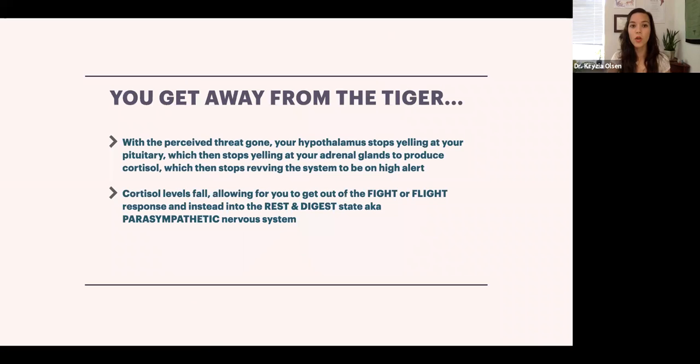And so if we go here, now you actually get away from the tiger. So with that perceived threat gone, your hypothalamus now stops yelling at your pituitary gland, which then stops yelling at your adrenal glands from producing the cortisol. So now you can actually stop revving the system to be on high alert, so you can actually calm down, right? As those cortisol levels fall, you're now getting out of that fight or flight response and into the rest and digest, or that parasympathetic nervous response,